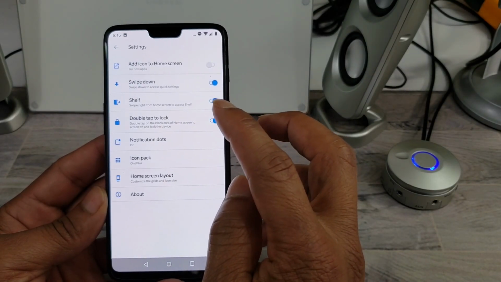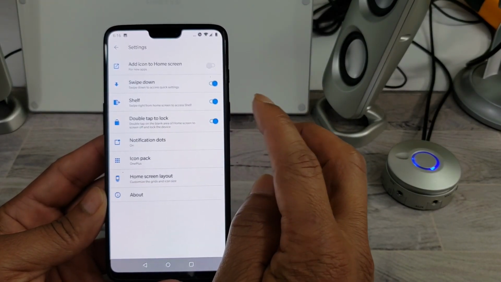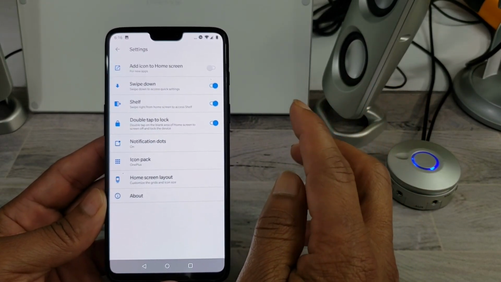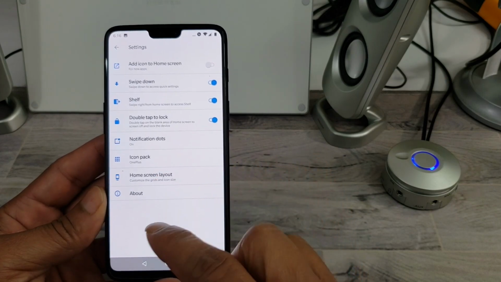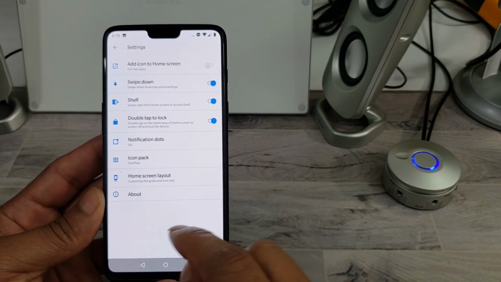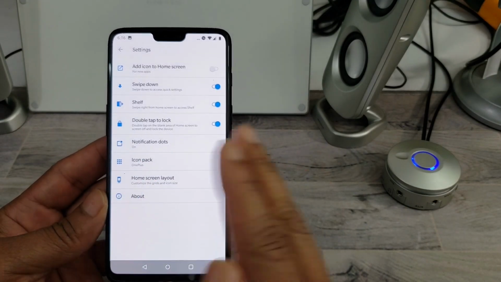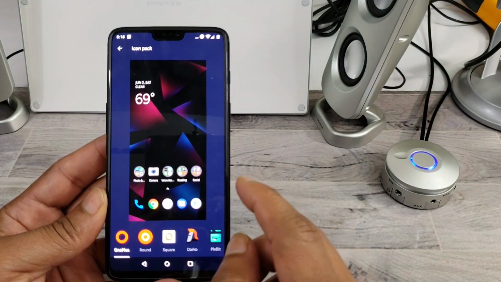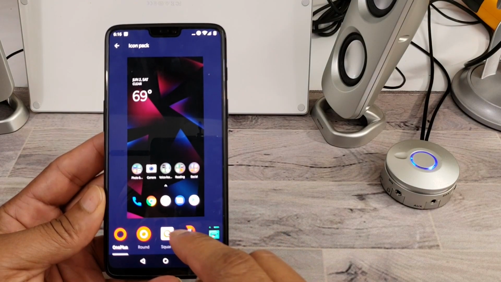After that, I have a double tap to lock ticked on, so I just double tap the home screen and it'll lock the phone immediately. There's a notification dot, so as you slide, you can get an indication that you are changing from one page to another. Also, one of the unique things is that the OnePlus launcher